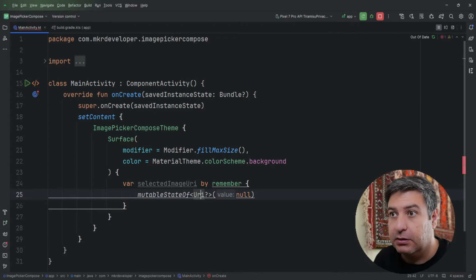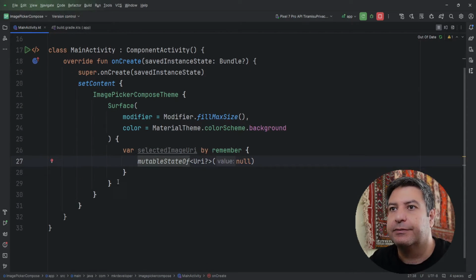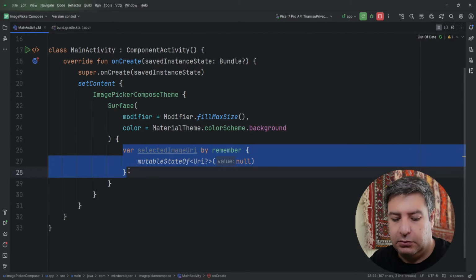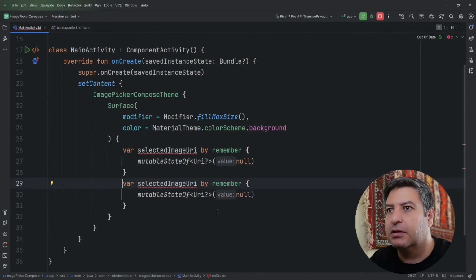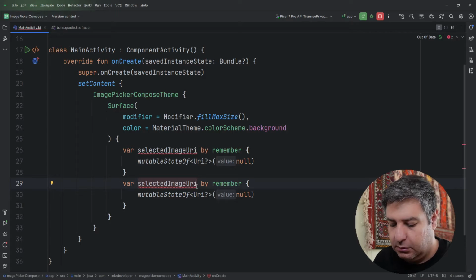Alt Enter to import it, and here as well Alt Enter, Alt Enter. You have it. And Control D to duplicate it for the second variable,